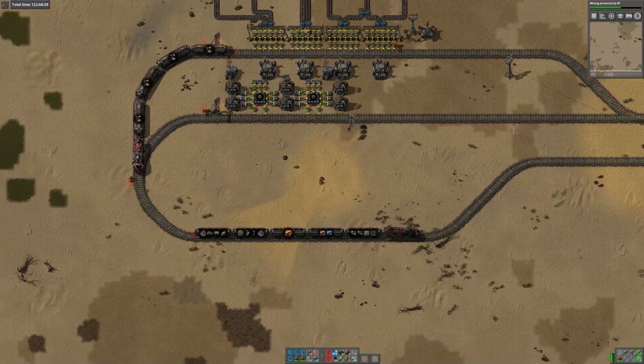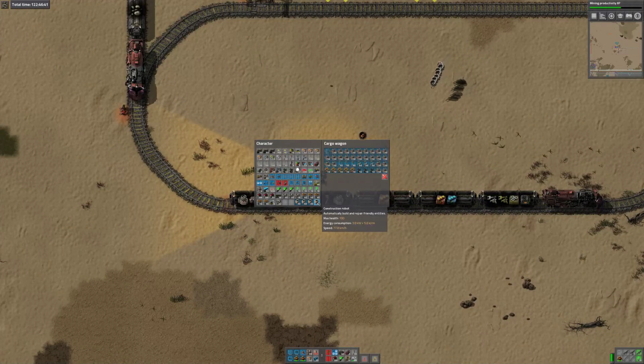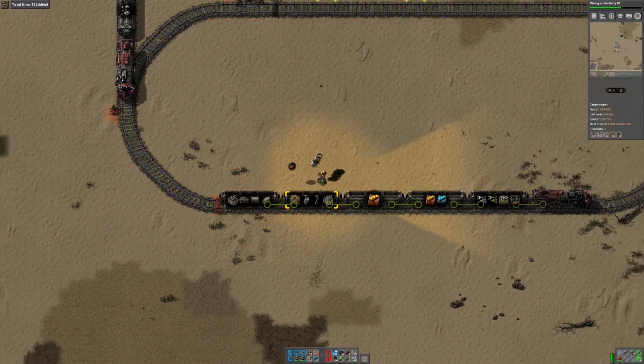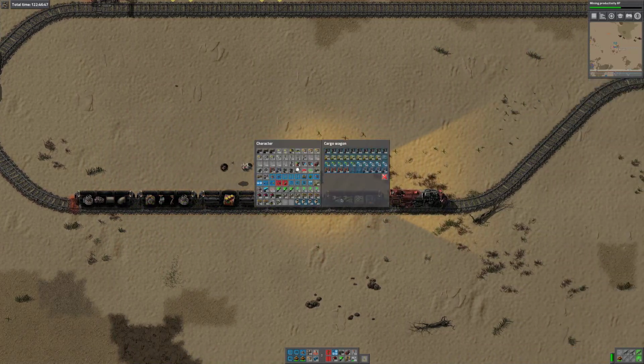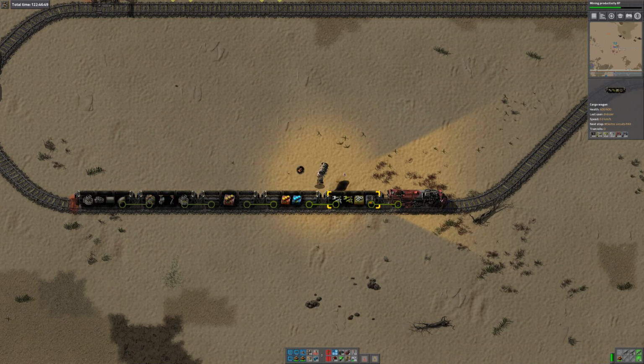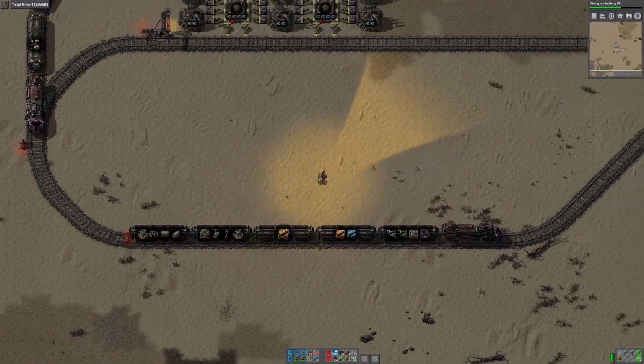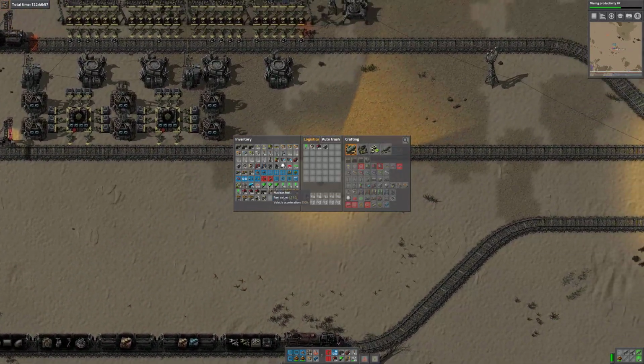Right, we have some logistics in here. Let's have a look. Where are they? Do we not have any? I took them out because I have a dedicated logistics train now. Okay, let's call the logistics train. So let's put down...